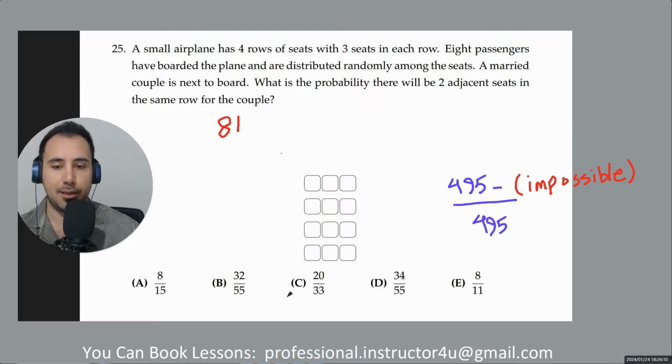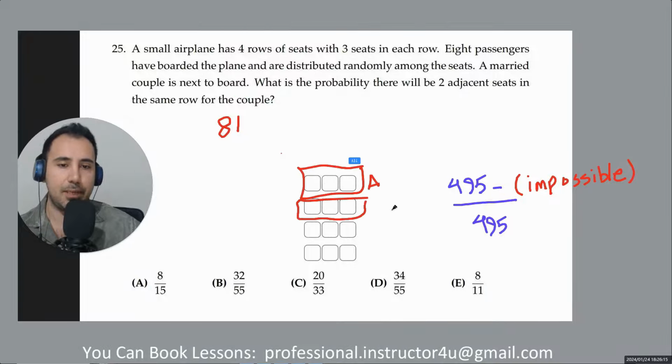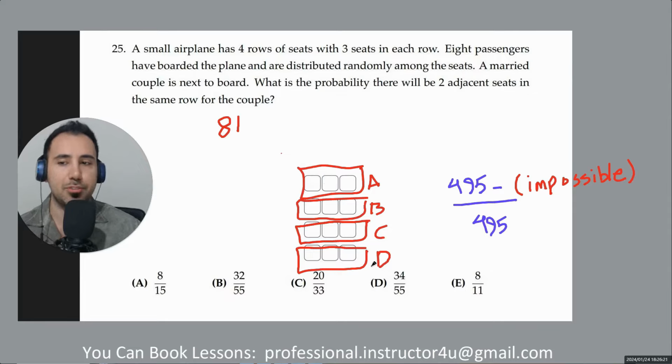So for example, imagine this row is A, this row is B, this row is C, this row is D. And we want to choose 2 rows from here. Remember at the beginning of the lesson, we have 4 friends, choose 2. It's the same thing. We just want to choose 2 rows. So I'm going to choose A and C. And then empty seats will be here, empty seats will be here, empty seats will be here, empty seats. So if the arrangement is like that,